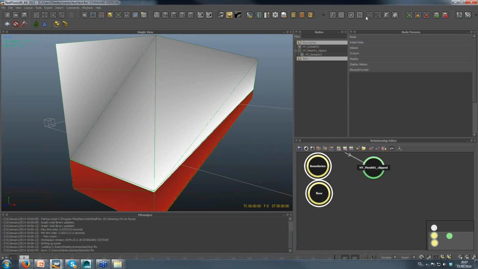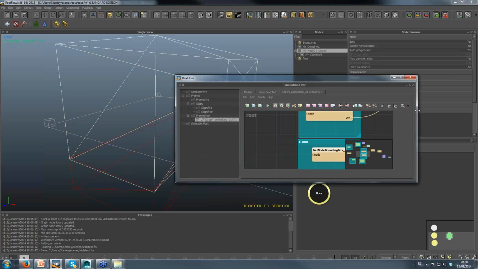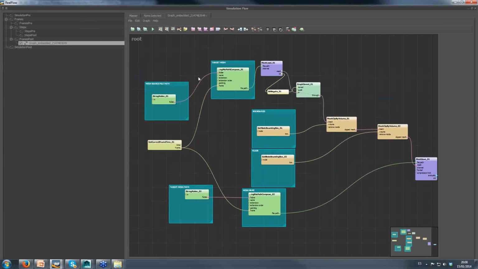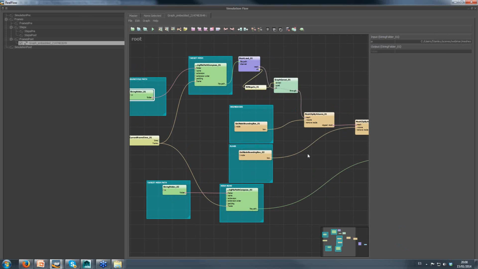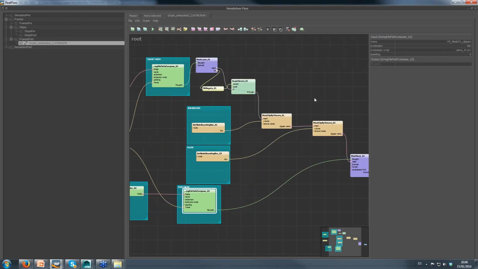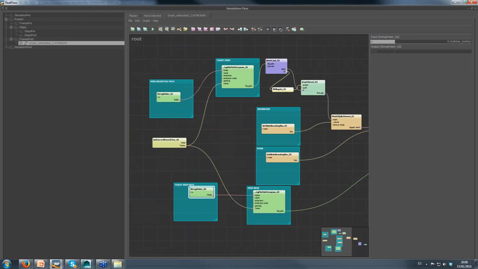Again, this is done via graphs, and what we're going to do is use the graphs to load a sequence of binary meshes, where we specify where the meshes are located, and then write out the clipped meshes